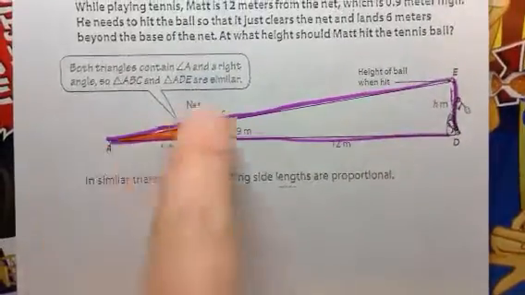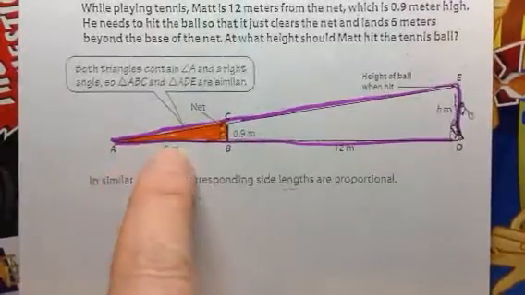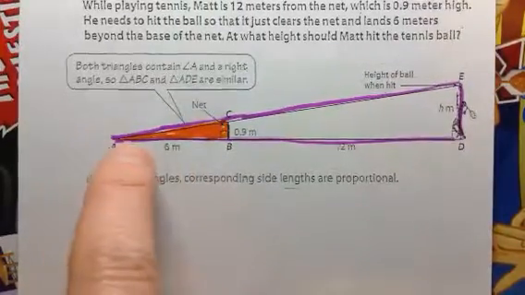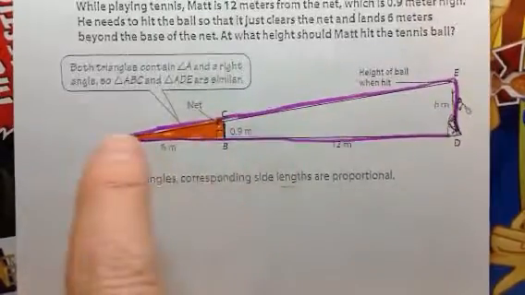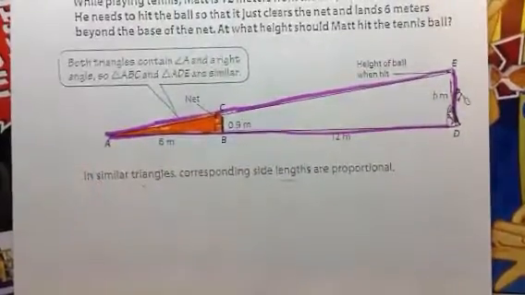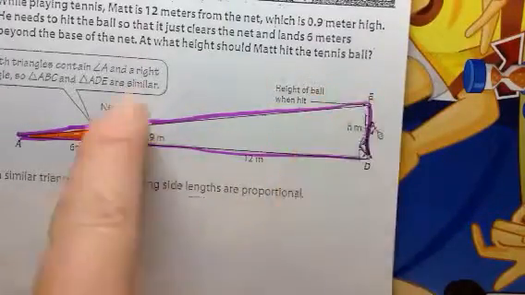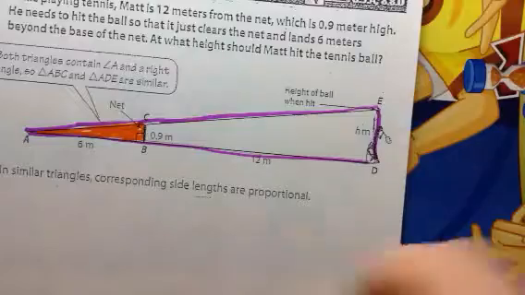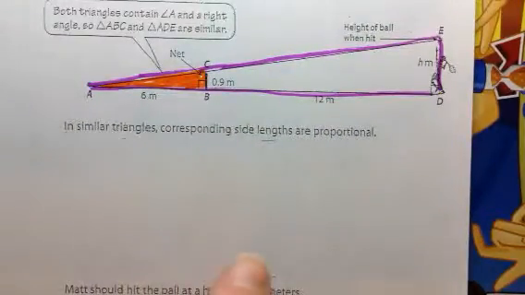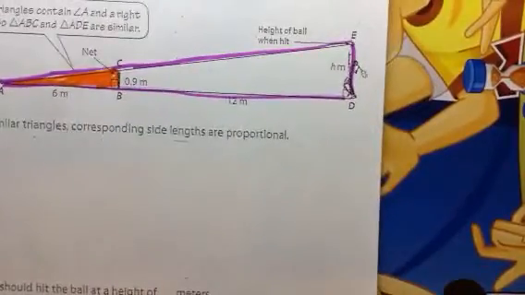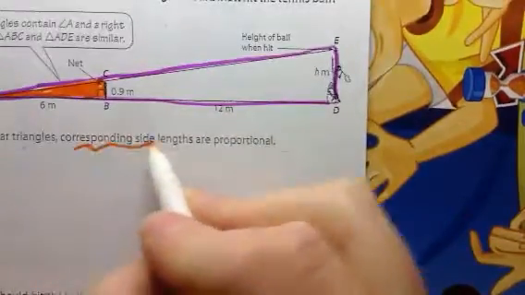We also are for sure that angle A down here, the smallest angle, is going to be congruent for both of them because it's in the same spot. And the little triangle and the big triangle end up right there. So it does have 2 pairs of congruent angles, therefore this one at the top has to be equal. So since we can tell that they are similar, I can set up a proportion